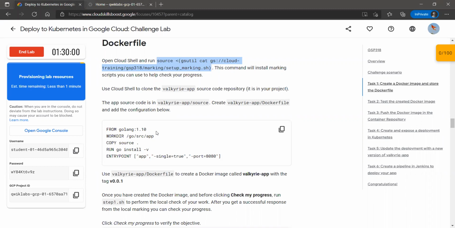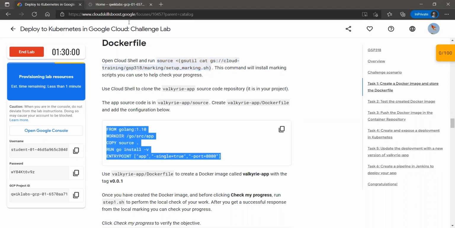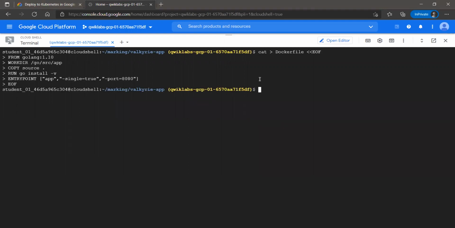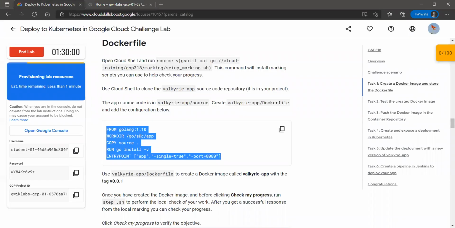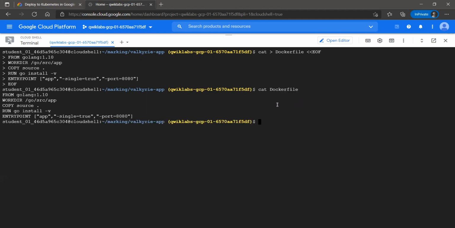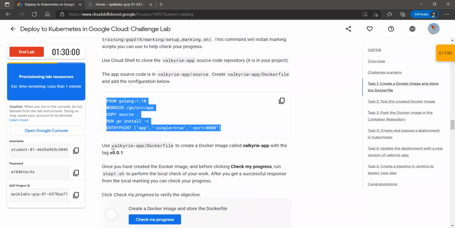and here we need to create a Docker file with this configuration. For that, we need to run this command. And so simply what I did is create a Docker file with the configuration given to us. Now let's see if the Docker file is successfully created or not. So it's successfully created. Now we will use this Docker configuration file to build an image. Use the Valkyrie app Docker file to create a Docker image Valkyrie app with the tag.